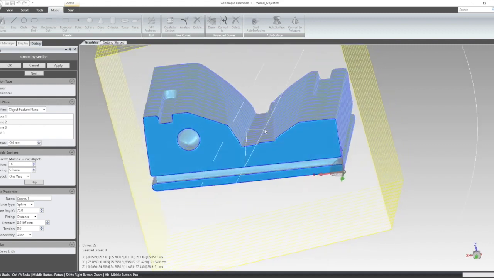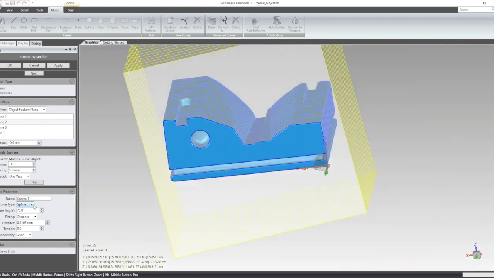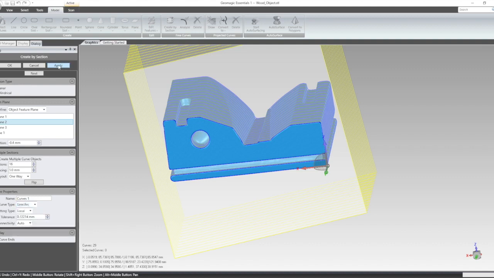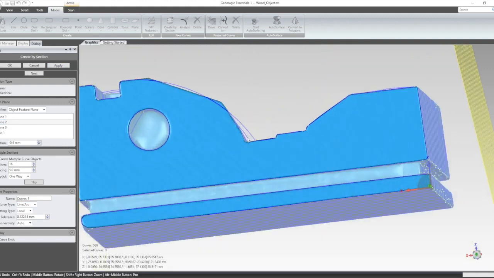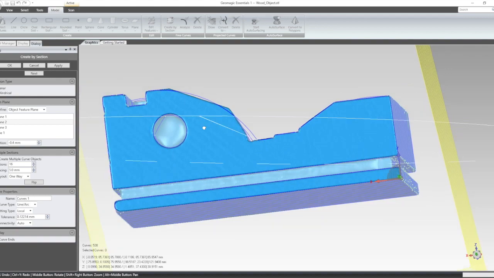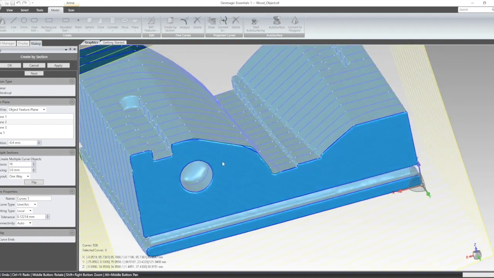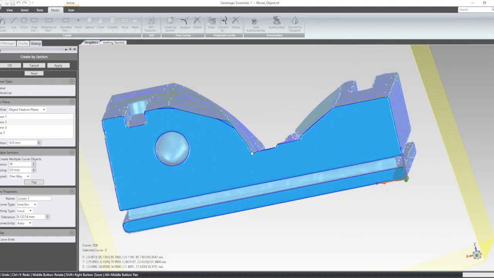This looks pretty nice. Down here I have different options: spline, line, arc. Choose line arc and say apply. You see that in this case the software is not doing the perfect job. You see over here that if you use the line arc function, the software can't really give you a good result of the intersection. So if you have something like this, check down here which curve type you are using. You can also use polygons, click apply,